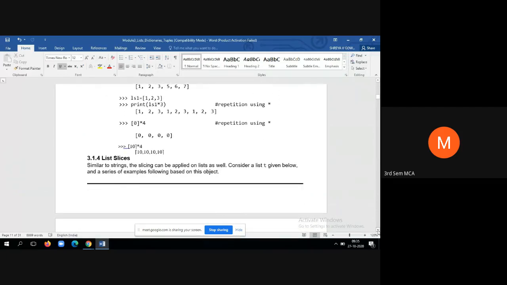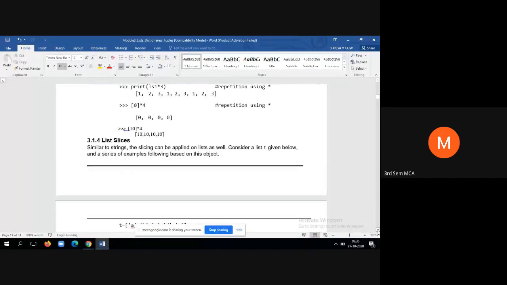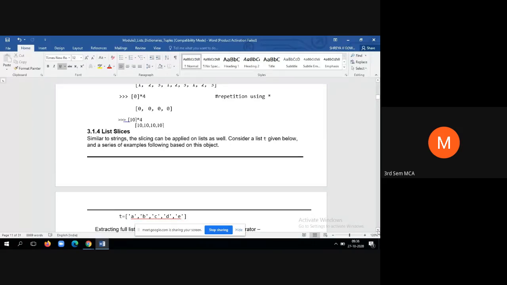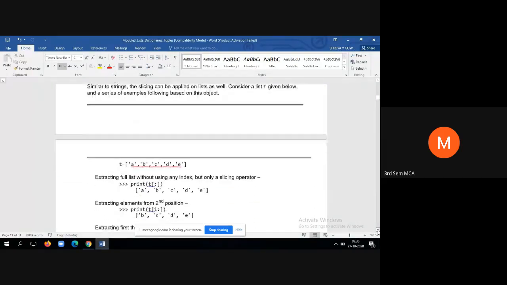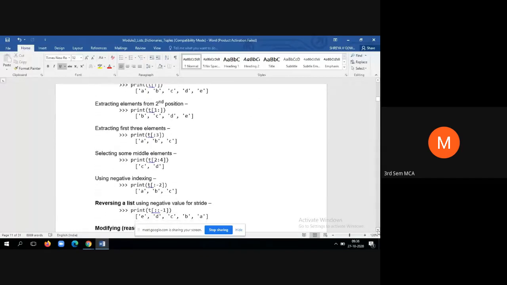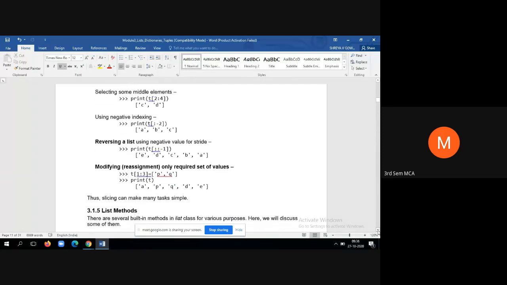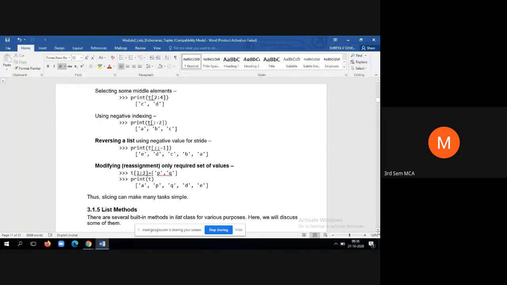So that means we can do string concatenation just by using the plus operator, and star is called a repetition factor. So whatever expression we write, that expression will be repeated that number of times. Then we also saw how to do slicing. Slicing has become a generic concept because we studied slicing during strings also. Now during lists also, once again we studied slicing, and at the same time we also saw how to reverse a string by using the concept of slicing.